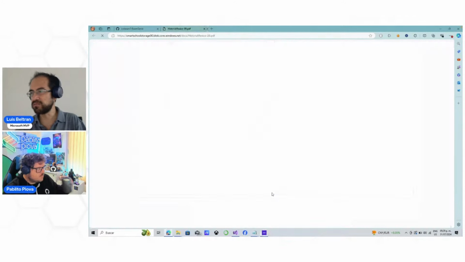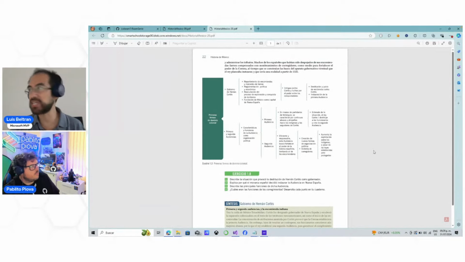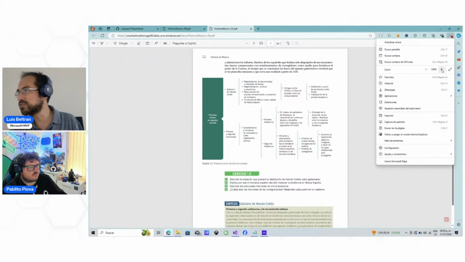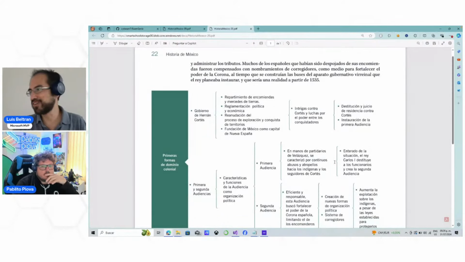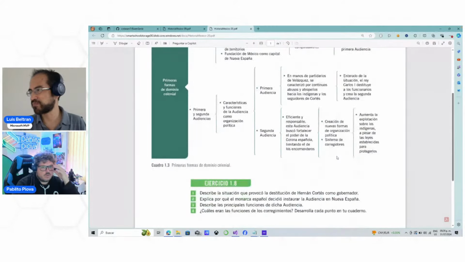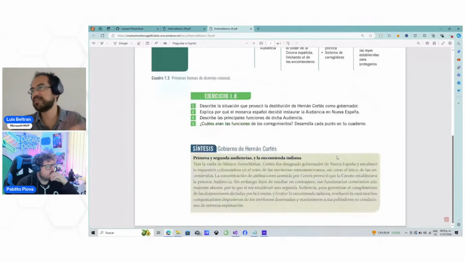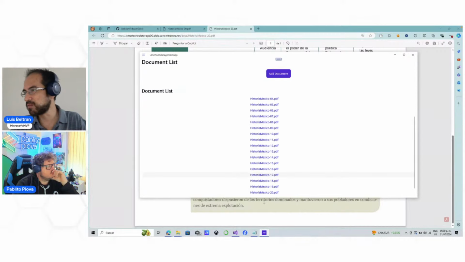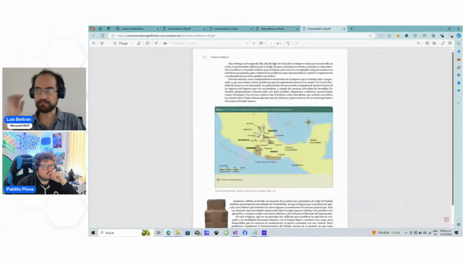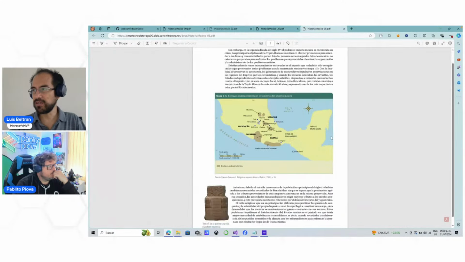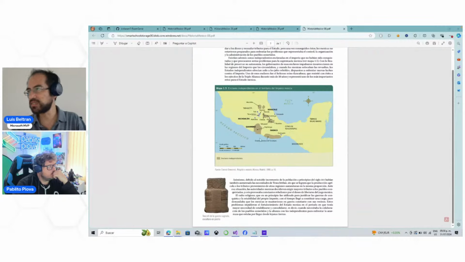So I will show you here something else. Yeah, it is in Spanish actually. Let me also increase the size so you can see a bit. So it is talking about this information. It's text, and there are some images. But I will just open one more. So the idea is, using these OpenAI models and this application,